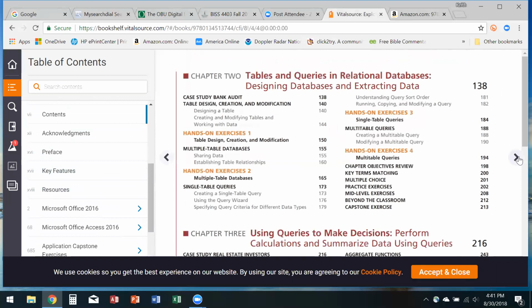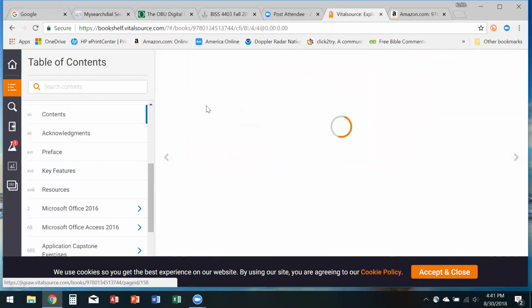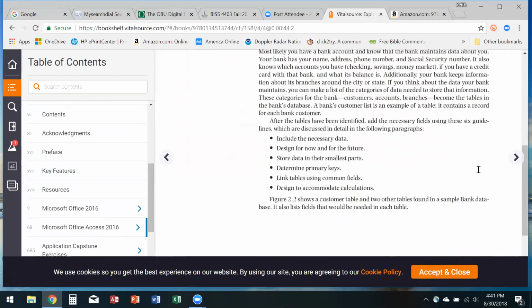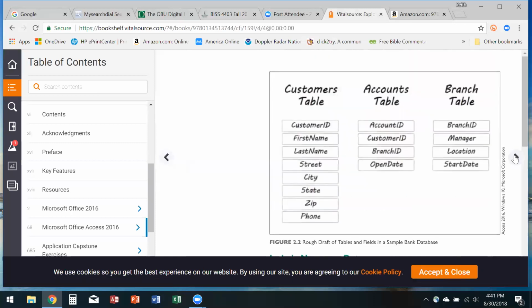Now, here they talk about table creation and extracting data from them. And I want you, if you would, to take some time to look at it. And you can see here they show you in a simple